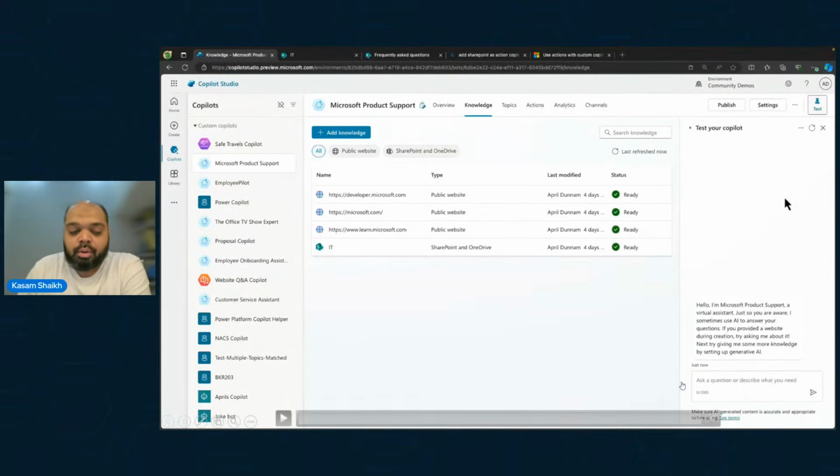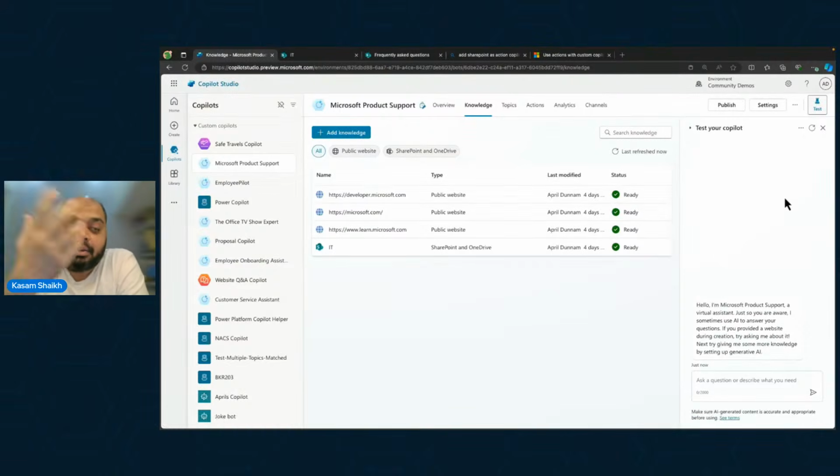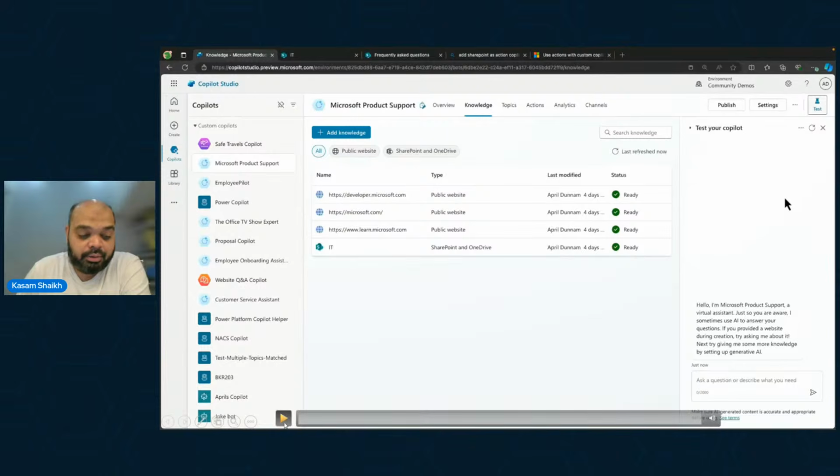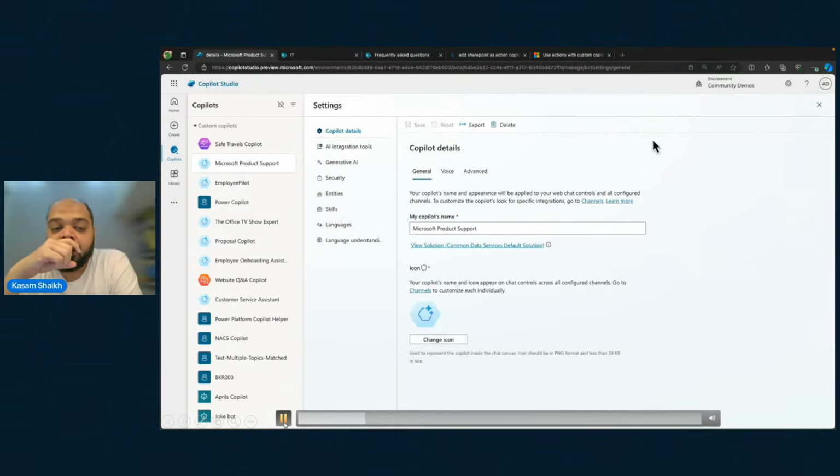Okay. So we are at the same place where we created our agent, that support agent, and we had added some reference sites, we have added SharePoint sites, we tested it, we published it. Okay, now what next? So in the settings,